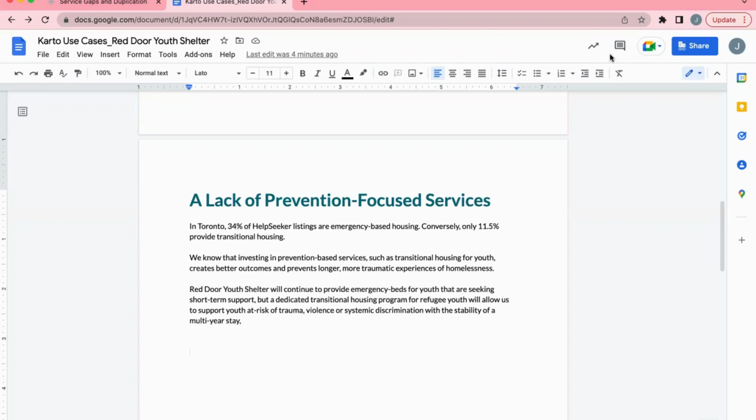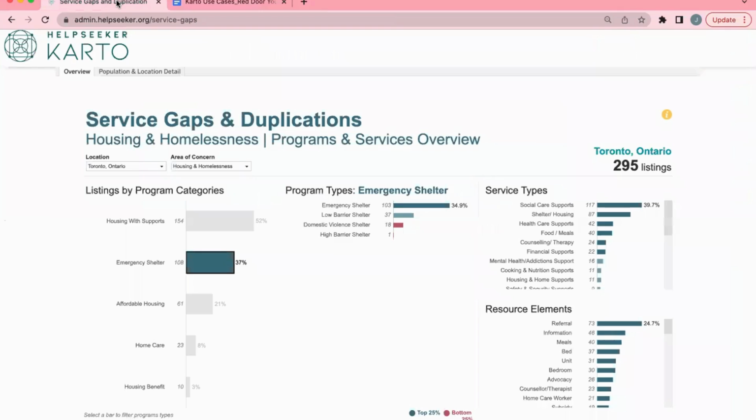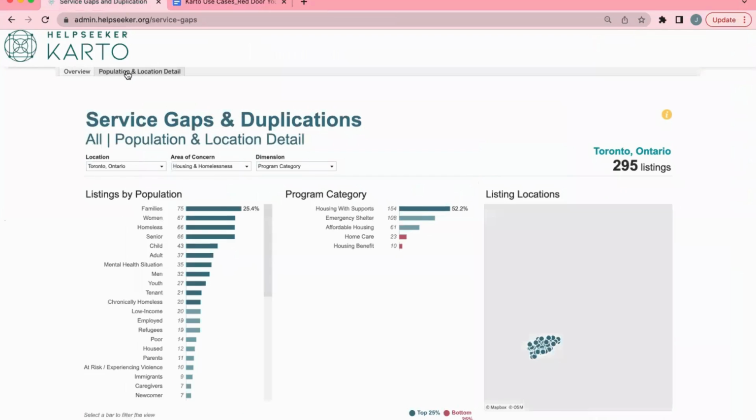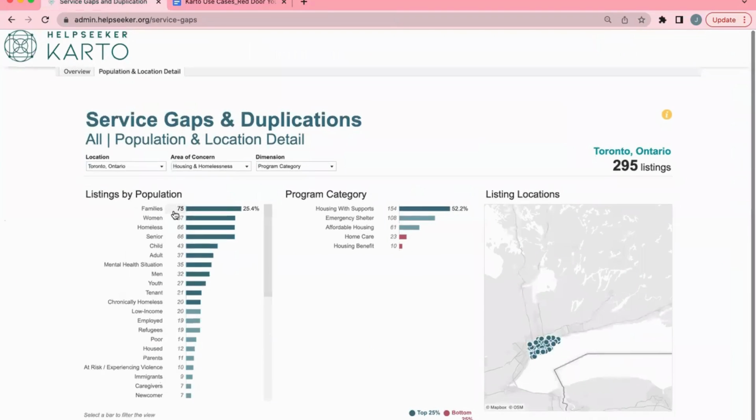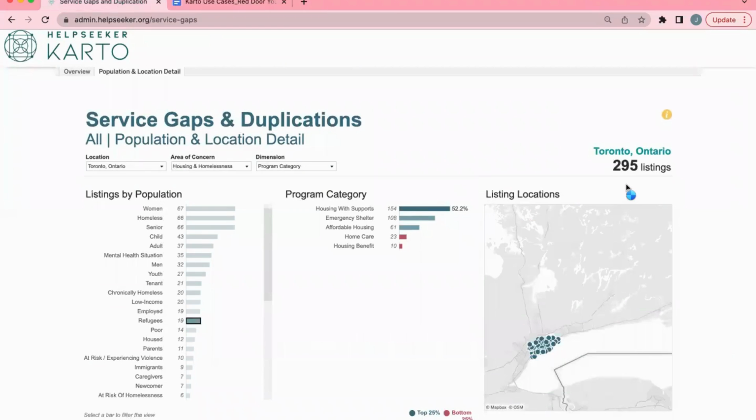Next, I'm going to show you how to look at the same data, the detailed housing and homelessness continuum, but look at population instead of program category, like transitional housing. So on the same screen, we'll move to the second tab, population and location detail. And here we can see listings by population, and these populations have been extracted from, as I mentioned, that 6.2 million word data set. So if we go to refugees here,